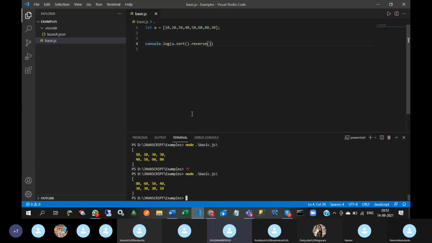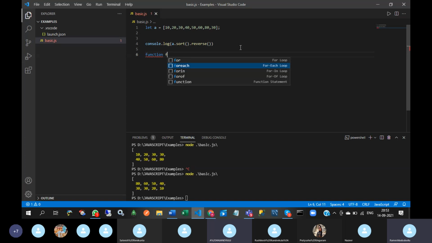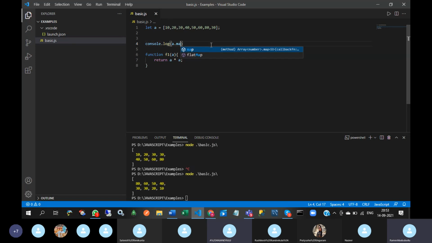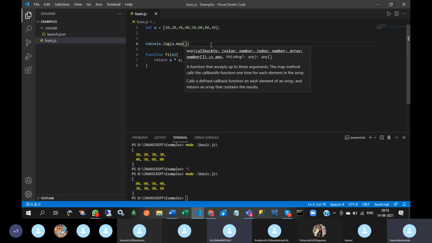Map. Map means it calls the specified function for every array element and returns the new array. That means I'm going to write one function F1, and here map of F1.